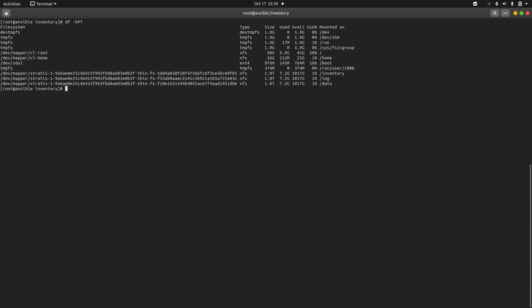And one more thing, the default file system supported is XFS. Stratis is incorporated with XFS file system. So whenever you create the file system using Stratis, it will create a file system using XFS. Just remember that point. Now, if I need to do some kind of testing, I can take a snapshot of this inventory volume. For that, what I can do is Stratis fs